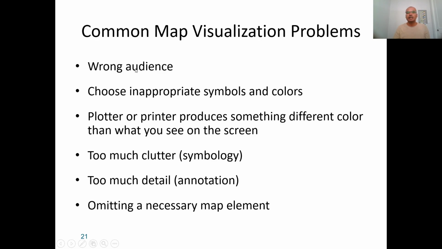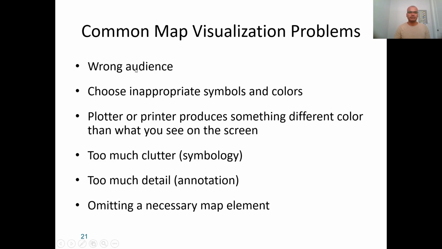The general audience may not be able to understand what you are trying to convey. So you have to identify properly the audience you are preparing the map for, what their level is, and how much information they can grasp through your map,